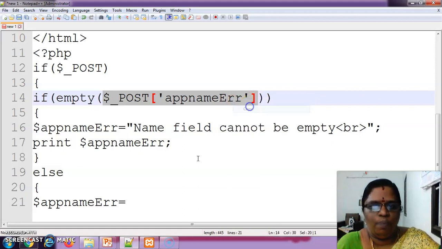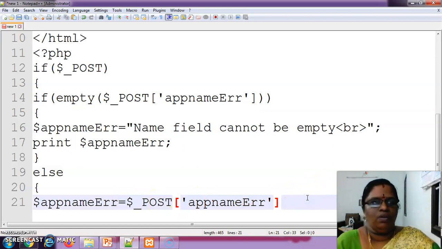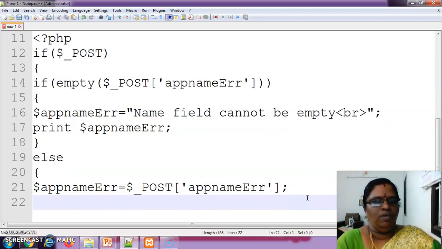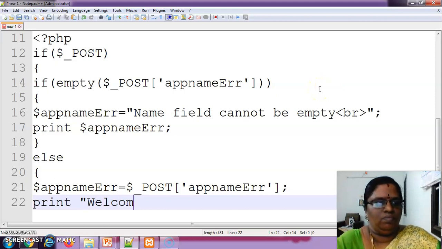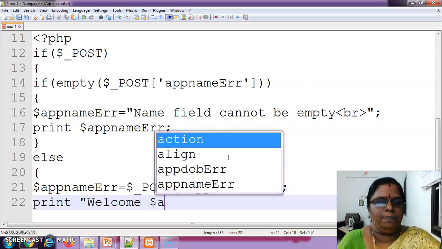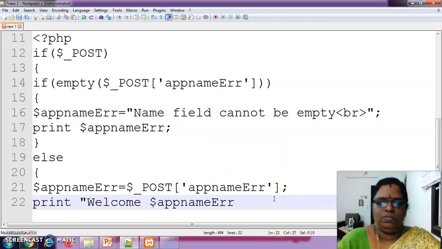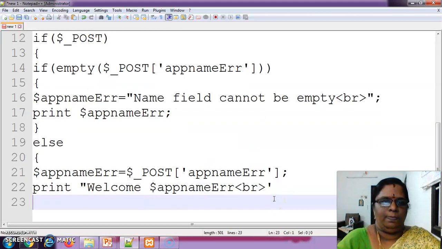So I am going to copy it, post. Okay. Then semicolon, print welcome. Welcome name, then break. Okay. Want to close this.